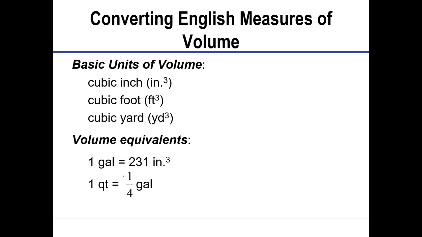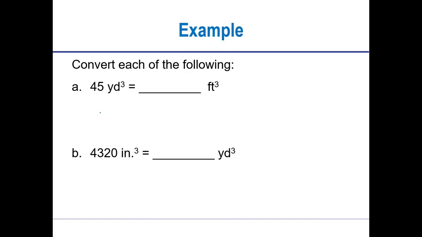The basic units of volume for the English system are cubic inch, cubic foot, and cubic yard. And the volume equivalents are 1 gallon equals 231 inches cubed, and 1 quart equals 1/4 gallon. Let's convert 45 cubic yards to cubic feet. We'll start with 45 cubic yards,